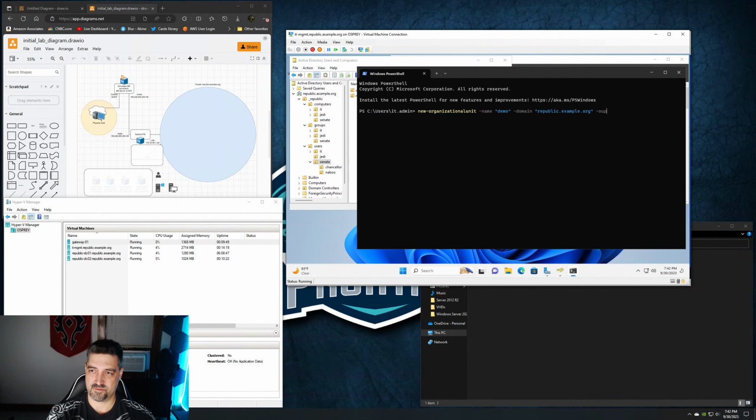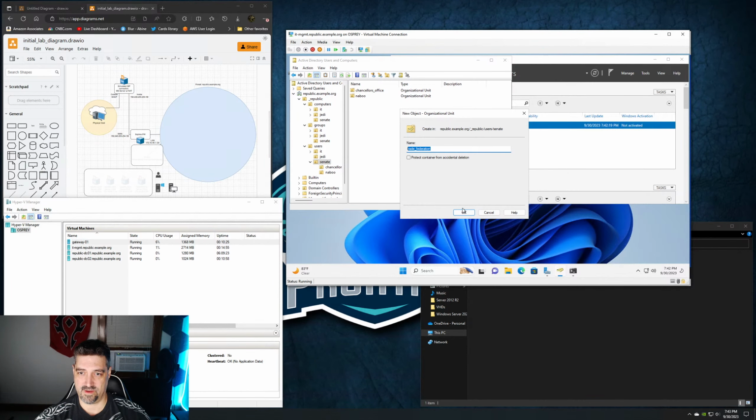So when we do this, we can also specify the actual path. And when we do this, we have to work our way up using the LDAP conventions until we hit the domain. So if we wanted to create a new organizational unit under Senate, and if we want to create it under, say, the Trade Federation, which we don't have created yet, if we tried to do this, it would blow up. But, you know what? I hate it when people do that. So we're going to go ahead and